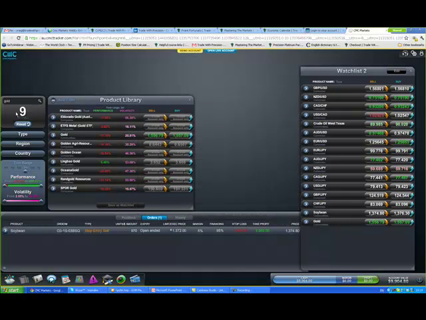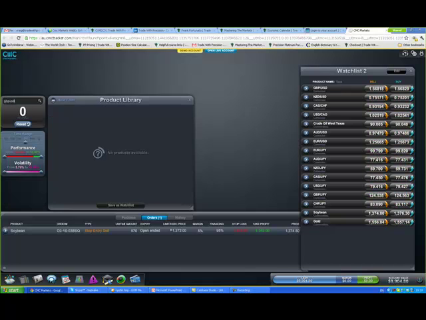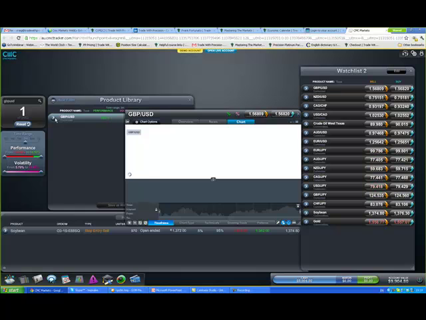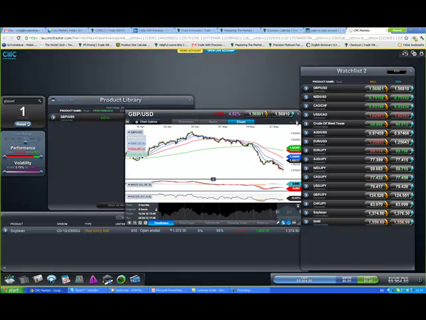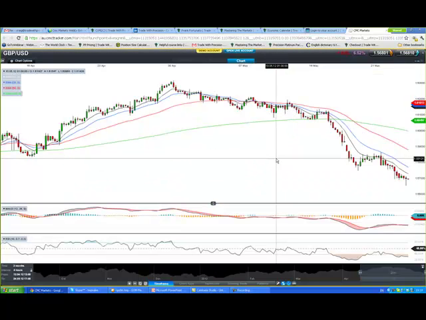Now what I'm going to do is type it in over here, because I've got something that I want to look at and take you through. The first thing I want to look at is GBP US dollar. So it comes up here. All you have to do is click this little arrow. Bingo, the chart comes up. Now I always blow it up nice and big. It just makes it so much easier to see. It's not a big hassle.